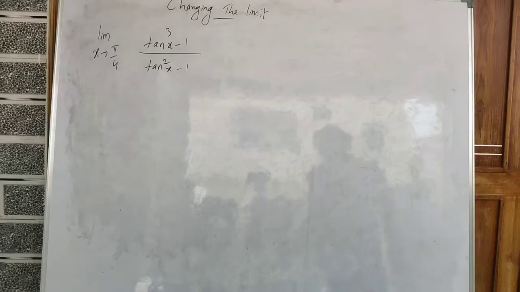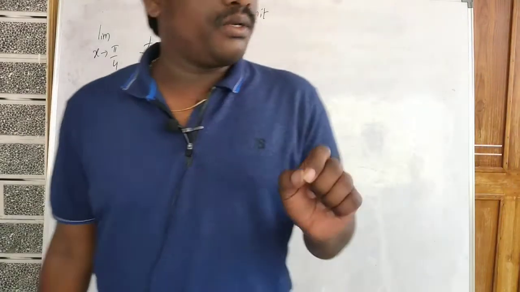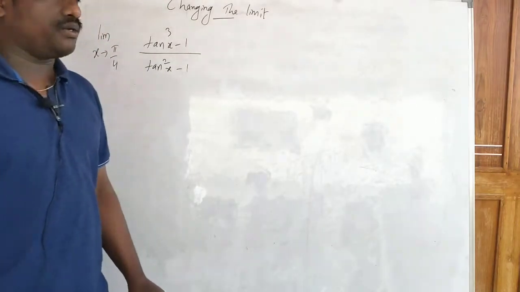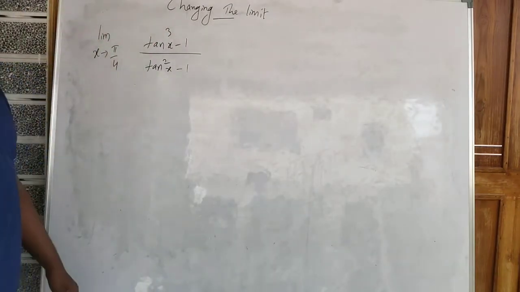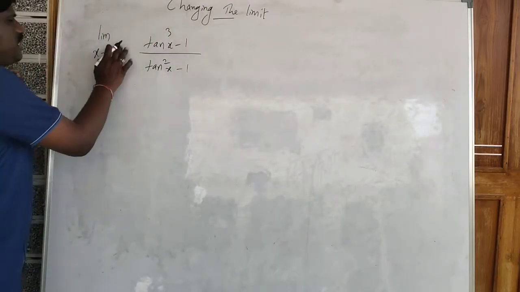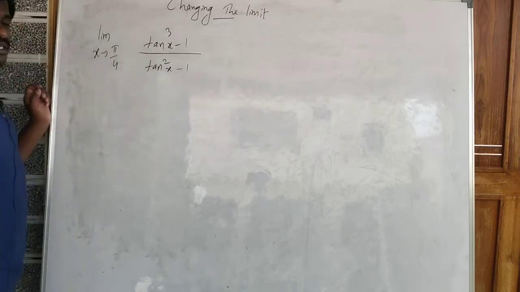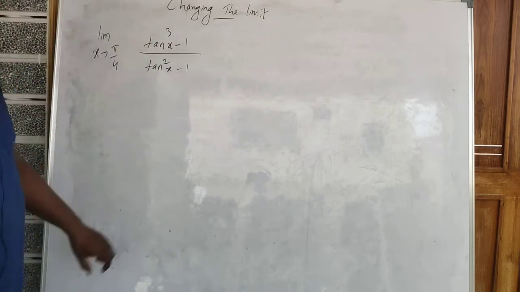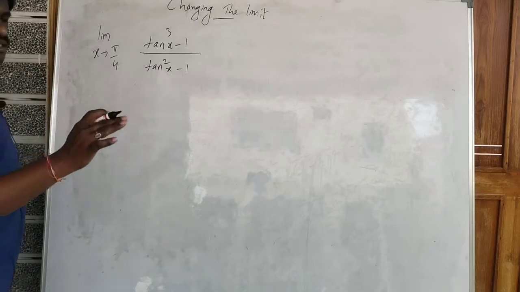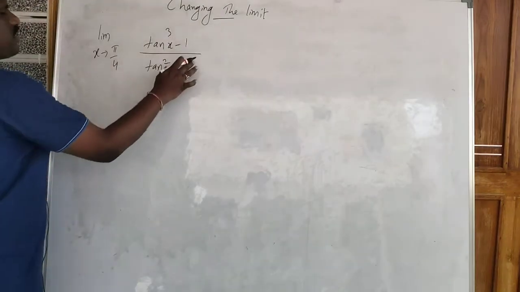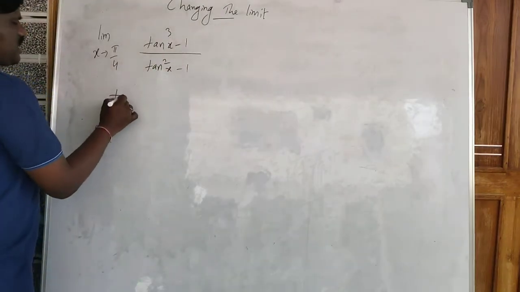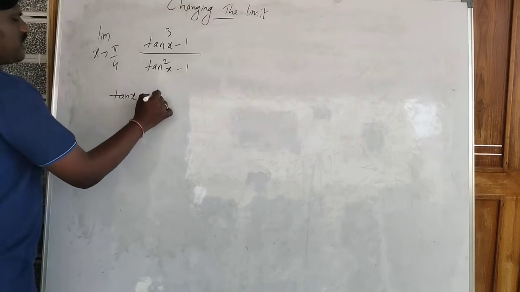Hello everyone. Now I am going to discuss in this video about changing the limit. So here, the limit as x tends to pi by 4 of (tan cube x minus 1) by (tan square x minus 1). How to solve this limit question? See, whenever you have cube and square, let us take tan x is equal to t,